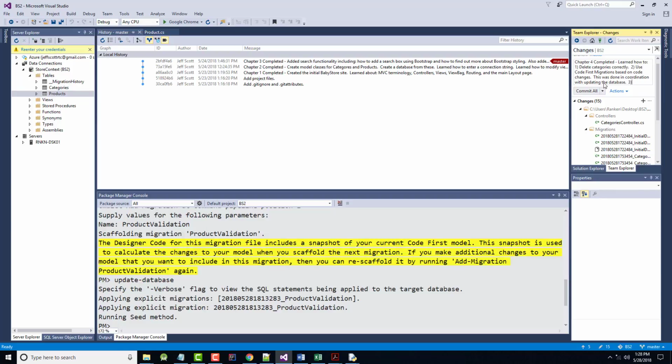And 3, we learned how to perform data validations, including the use of custom error messages,